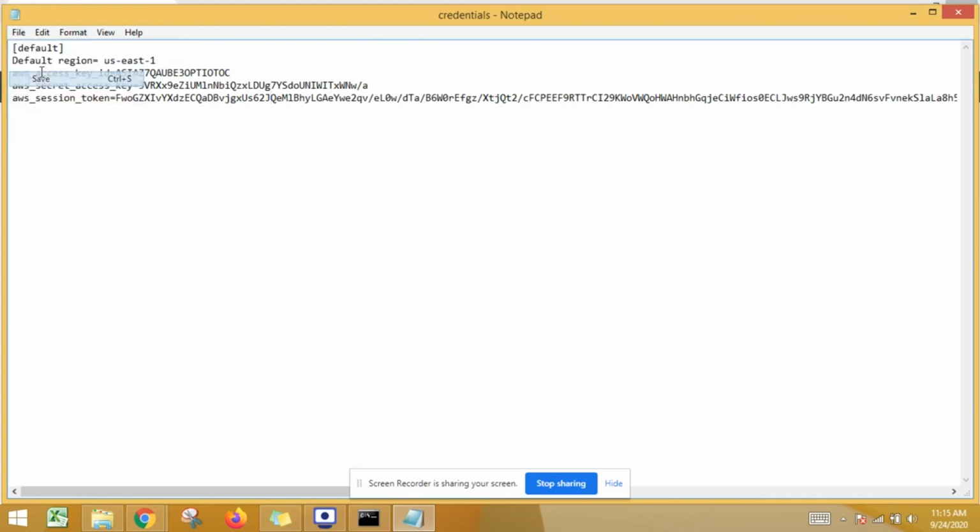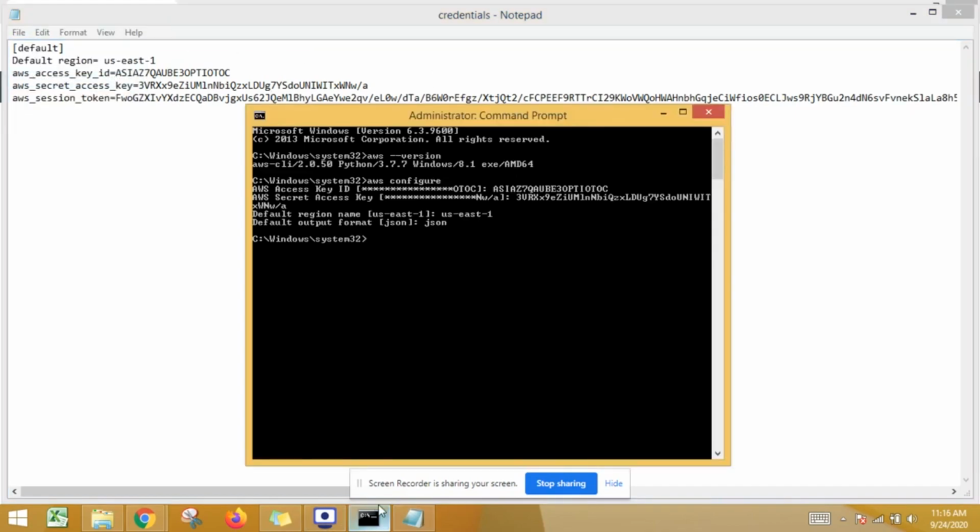Don't forget to save it, and once your command prompt shows that you have configured the AWS CLI successfully, you can start running things in an easier mode. Let's take one example here. If you want to see any buckets, you can provide a command for that.